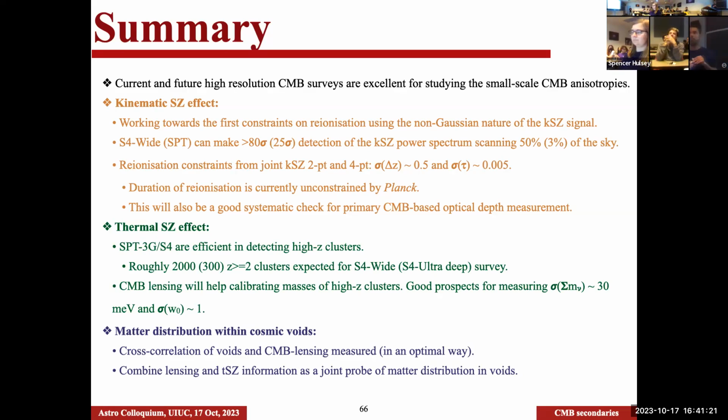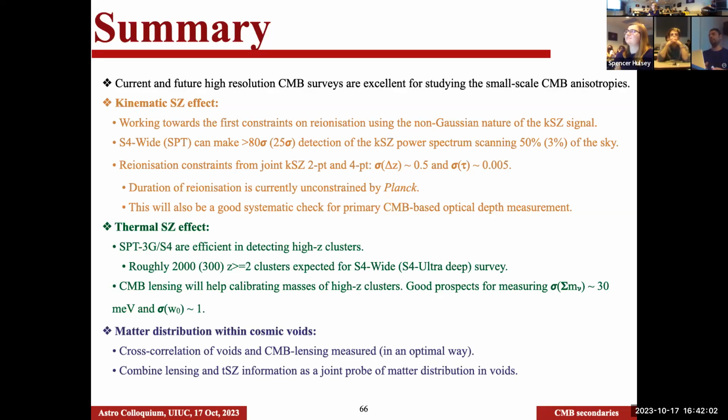You talked about how the TSZ and KSZ have similar shapes, at least at the power spectrum level, right? I'm just curious if there's some way you could use, because the thermal SZ really is coming from thermal electrons in galaxy clusters, right? Is there any way you could cross this with a map of clusters at low redshift and subtract out TSZ? Yeah, one easy thing to do would be to just mask out all of the detected clusters. Just doing that gets rid of most of it. But we can do additional things like